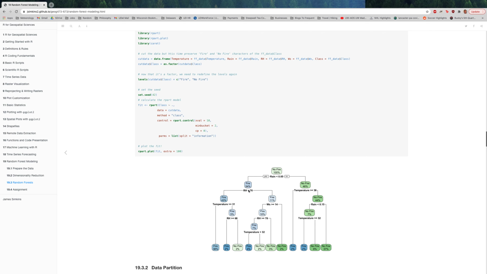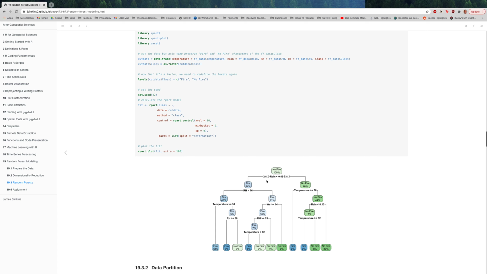From there, we now have the next decision. Is relative humidity greater than or less than 76? If yes, if it is below 76, then 43% of the time it's going to be a fire. 11% of the time it's going to also be a fire. But we're now down here where we're basing things on different situations. So this is a decision tree. If yes, go here, no, go there. If yes, go here, no, go there. So you're just asking yourself a series of binary questions, and ultimately you get down here where 38% of the